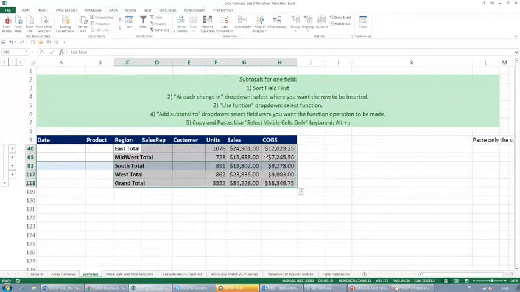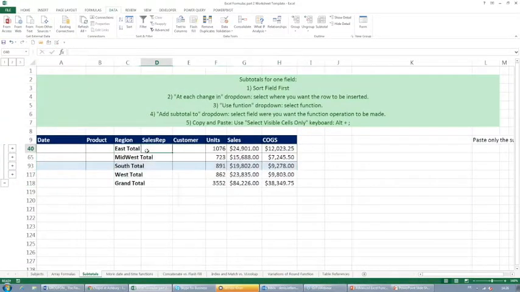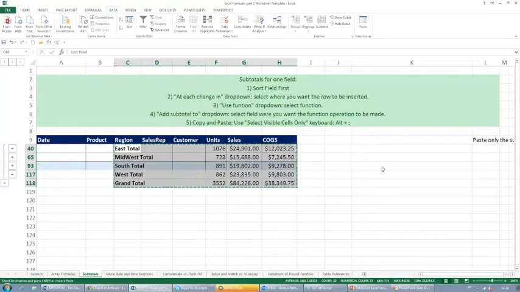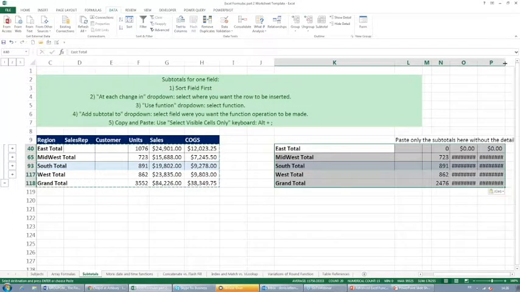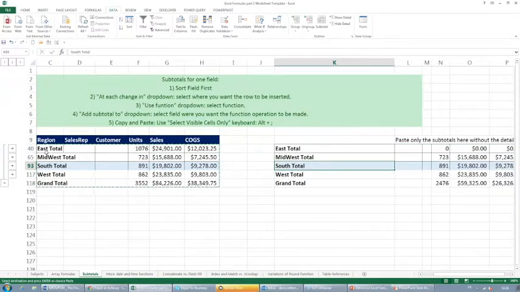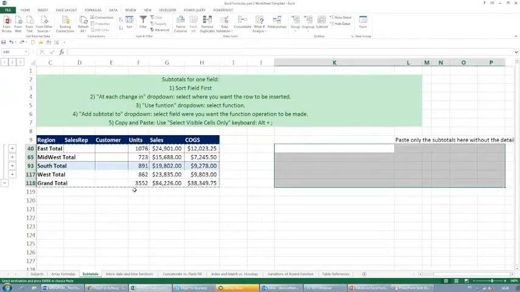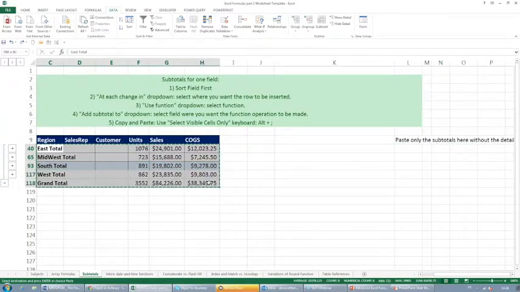All right, now I have my subtotal, and what I'd like to do is paste only my subtotals, right? So if I copy this, and I come here and I paste, now I'll have the opportunity to select only the data that's displayed here. Now, Excel 2016 does that in a more intuitive way. Before, what you had to do is select the data and then go to special, right? So you needed to go